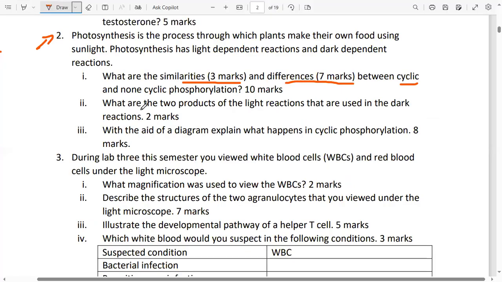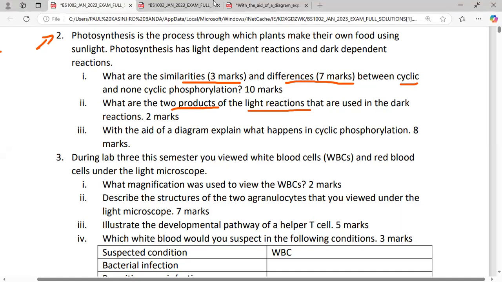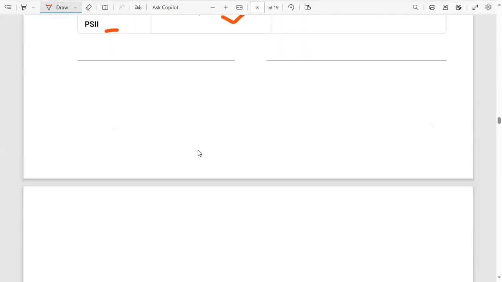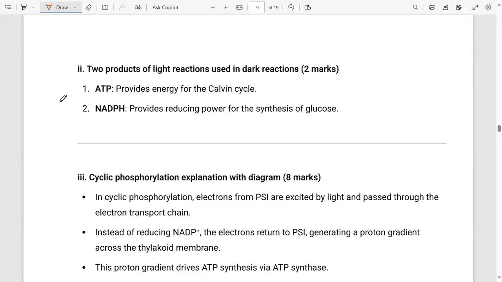They're saying, what are the two products of light reactions that are used in the dark reactions? Understand the question. These products come from the light reactions, and then they go on to be used in the dark reaction. So what are the two products? You should always know that the two products are ATP and